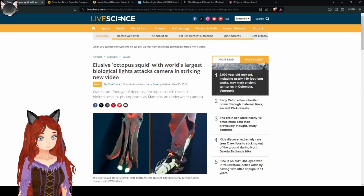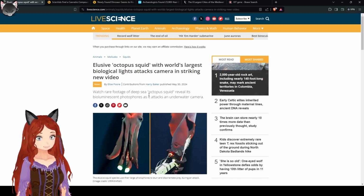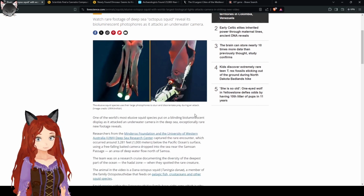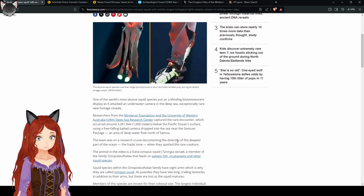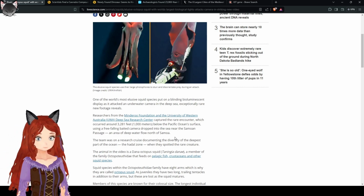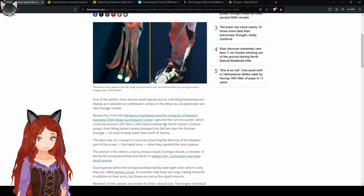Alright! Elusive octopus squid with the world's largest biological lights attacks camera in striking new video. One of the world's most elusive squid species put on a blinding bioluminescent display as it attacked an underwater camera in the deep sea. Exceptionally rare new footage shows researchers from the Minderoo Foundation and the University of Western Australia Deep Sea Research Center capturing the rare encounter, which occurred about